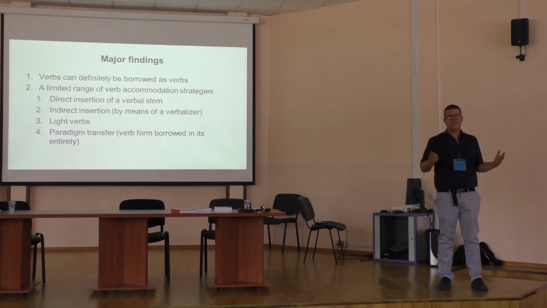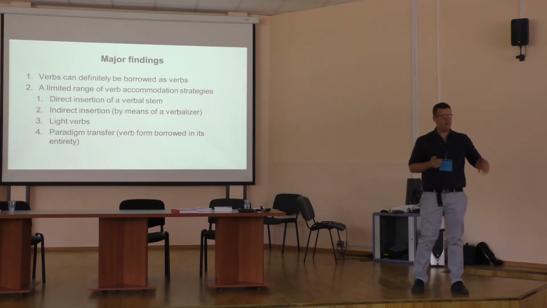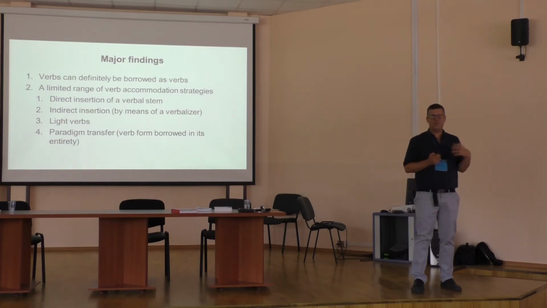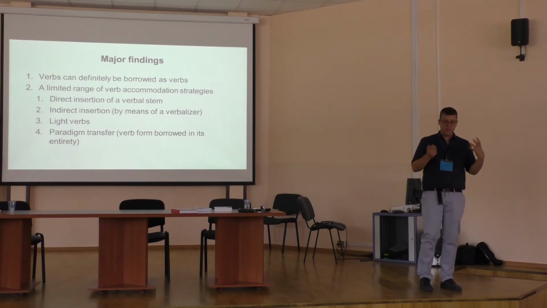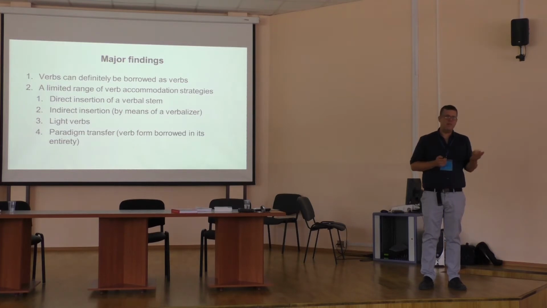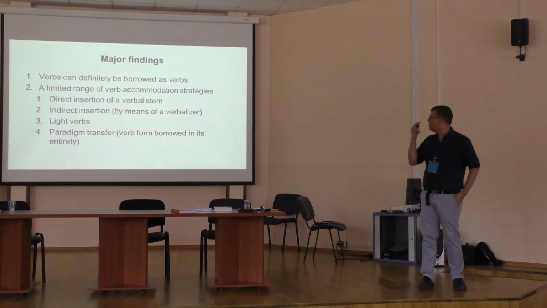So he looked quite extensively at how you say 'to click on something' in a variety of modern languages, right? So you can either, I don't know, how do you do this in Russian, for example? Do you put it directly into a verbal morphology? And you have to use this -ovat' thing? Click-ovat' something? Okay, right, so this would be an example of indirect insertion. You use something you would usually use for denominal verbs, but in many languages you would just say 'to make a click'. That's what you do in Hebrew, or one of the things you can do in Hebrew. I think also in Greek it's one of the options.